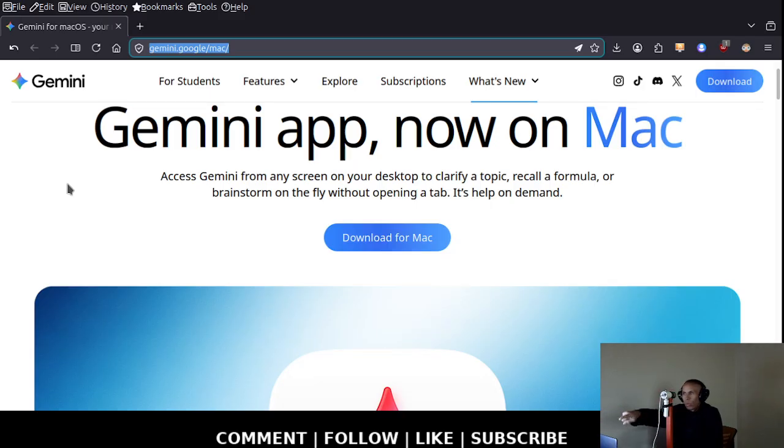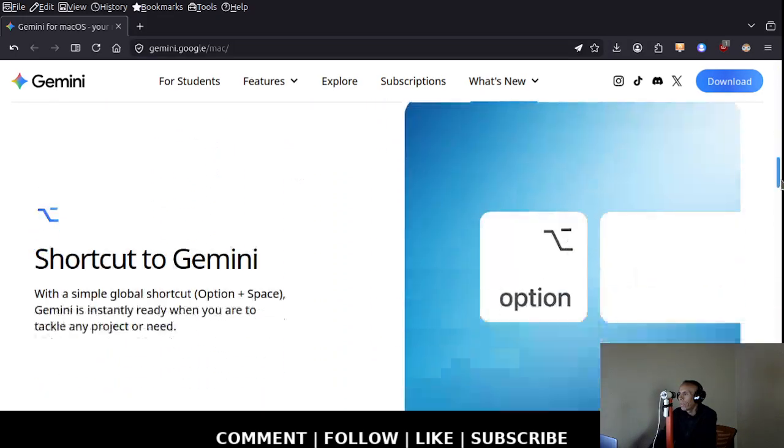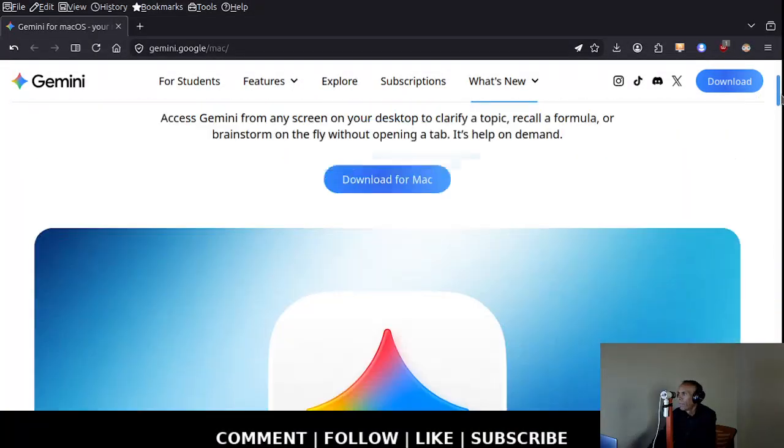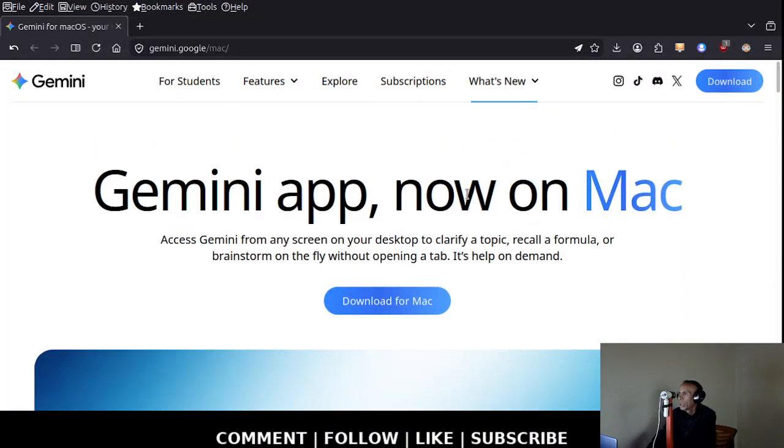There are multiple download links if you notice. Download for Mac. You could click on that. Download at the upper right hand corner. You could click on that. Even if you browse down further, I believe there's another download link right there. Okay, anyways. So what you're going to do is you're going to download it from this page, and it's going